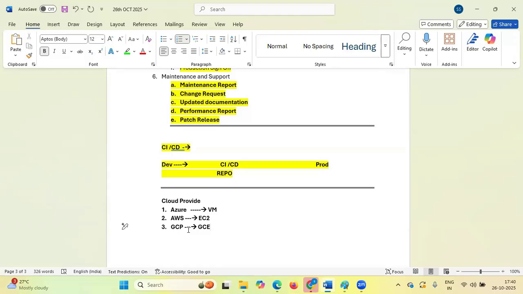All are servers. So Azure has almost 38% of the market share, AWS almost 36, and here 18 to 20%.